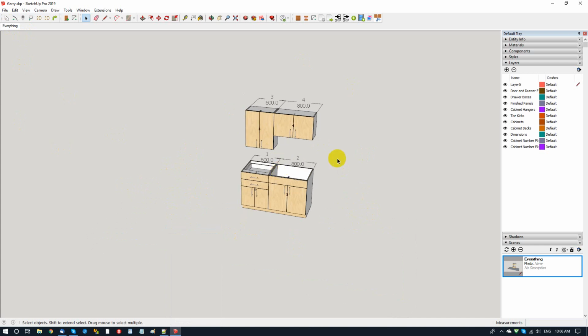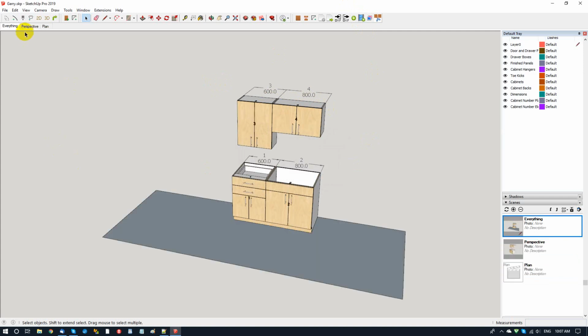So the first one that we're going to be looking at, we'll do a perspective and a plan. Now the perspective is going to be done regardless, but the plan only gets done for cabinets that are numbered. Okay, so here we go, perspective and plan,